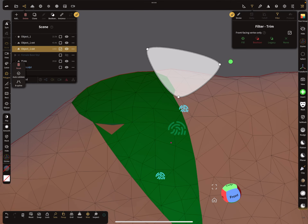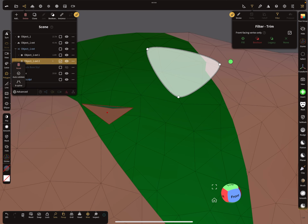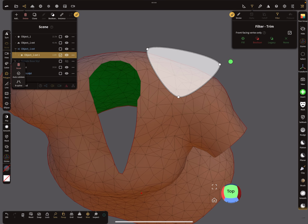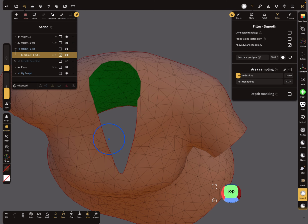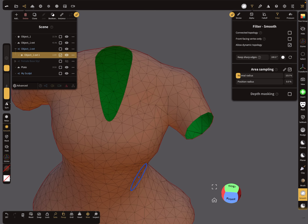When you get such problems here with this small mesh part, you can press separate and then select this part and delete it. So now the mesh is correct again. And for this edge or this border here, we can now use the smooth tool. So you can create a very smooth edge when you use the smoothing. And this works only with such a flat mesh here,